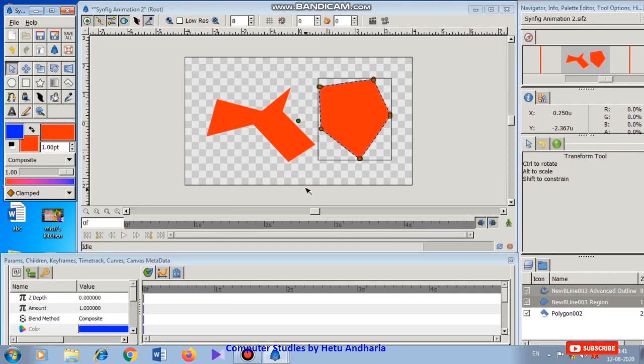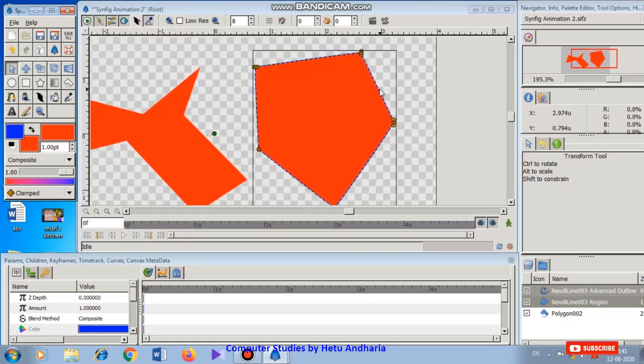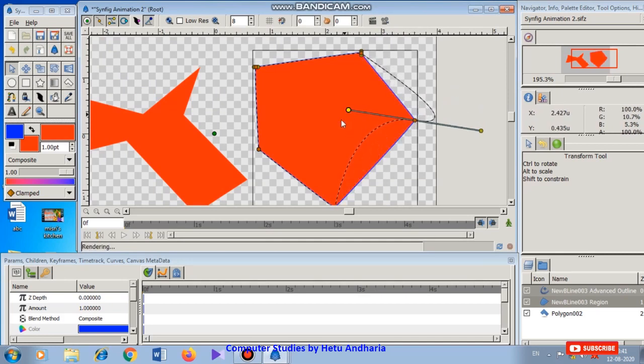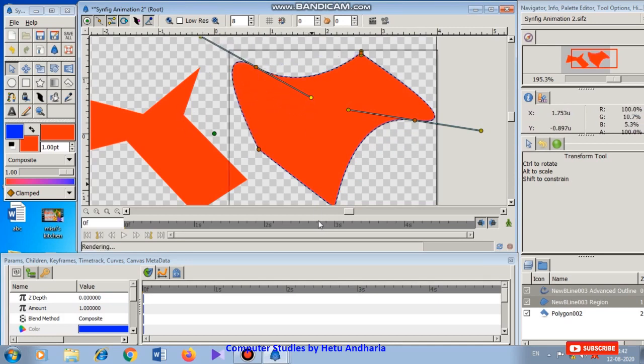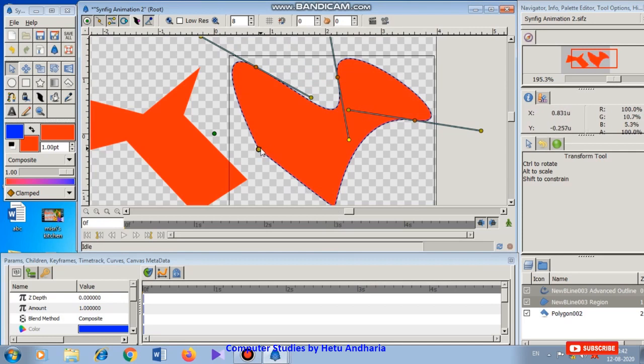Now you may be thinking there is no difference between blind tool and the polygon tool, but there is a vast difference between both of them. Here you get these nodes or handles from where you can do this type of thing. Here the edges were pointed, while here you get this option, and you can change this thing according to your requirement and create the desired shape.